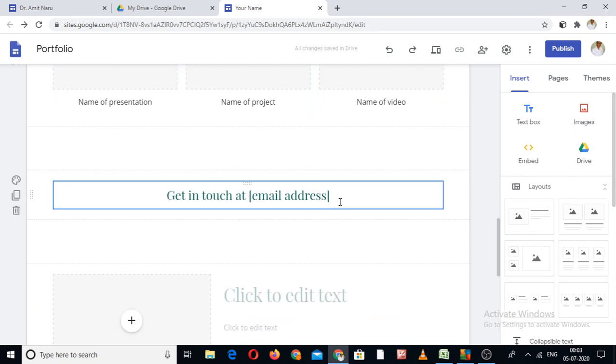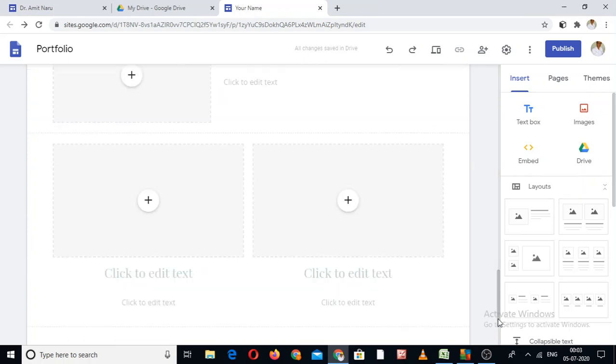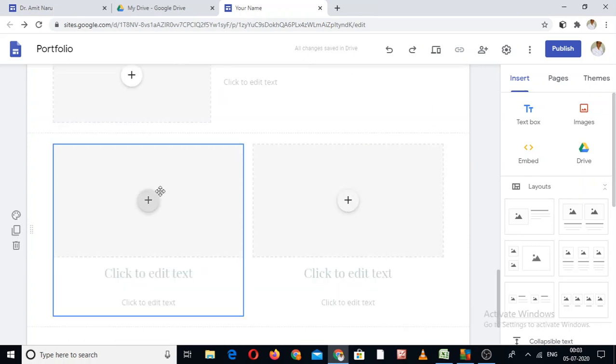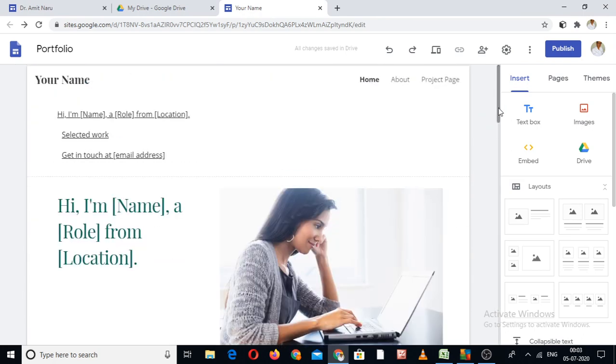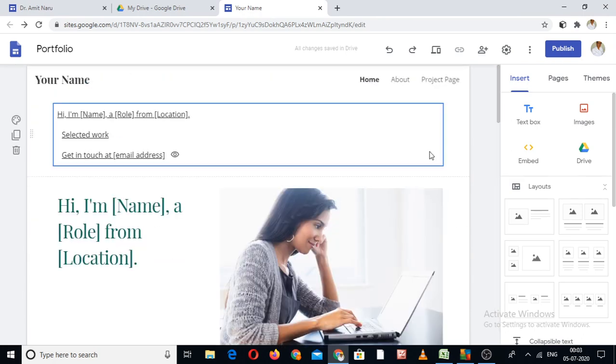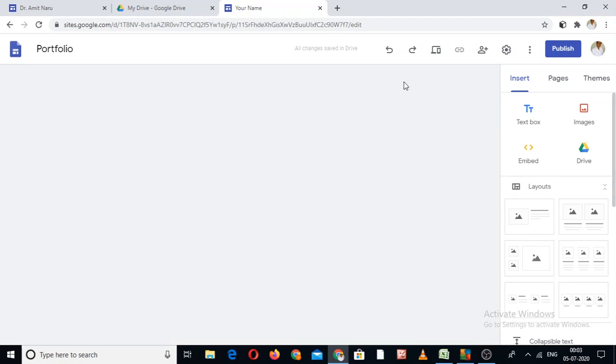You can insert your email ID here. So other options are also here. As per your requirement, either you use it or you can delete it. A lot of options will be there. If you find that they are not relevant to you, the best option is you delete all, and you just leave whatever is relevant to you. So this is about the about.